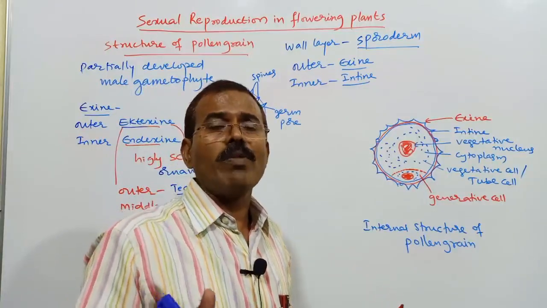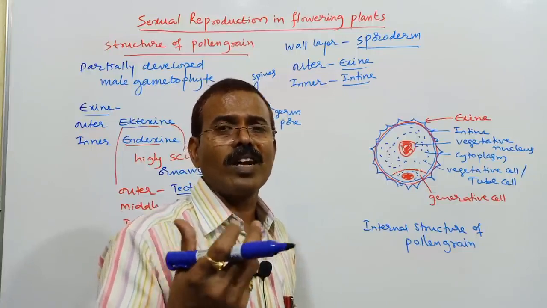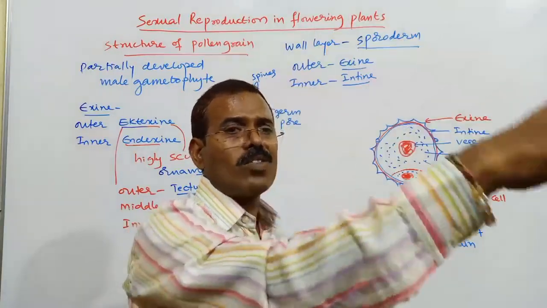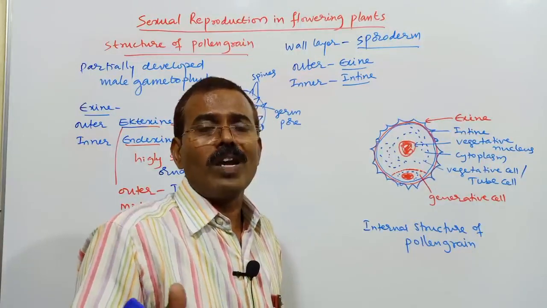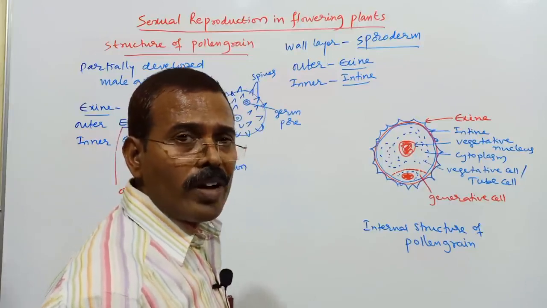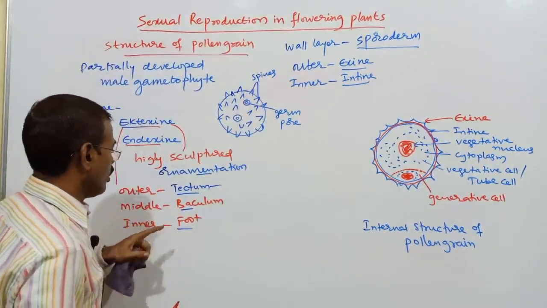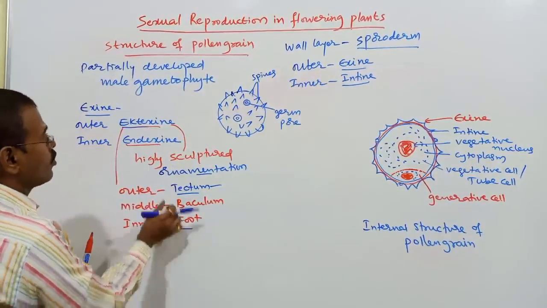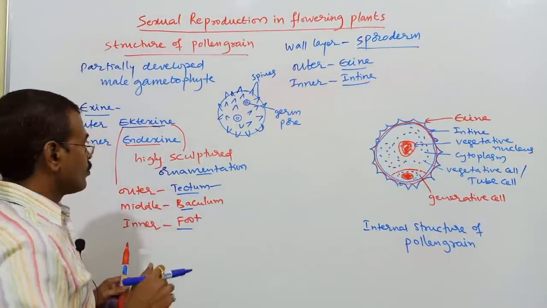That helps mainly in taxonomic studies. So these plants, based on the pollen grain structure, can be assigned to a particular family, class, genus. That kind of grouping we can do mainly in taxonomic studies. So that is how the pollen grain structure can help. So outer tectum, middle baculum and inner foot layer. These are the three sublayers of ectexine. It is highly sculptured, ornamented.